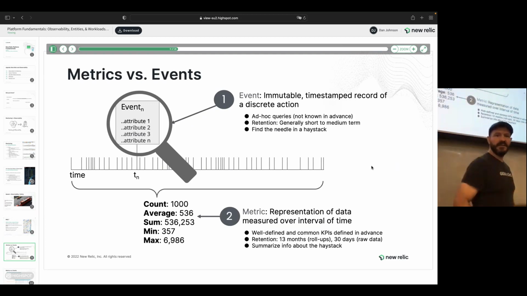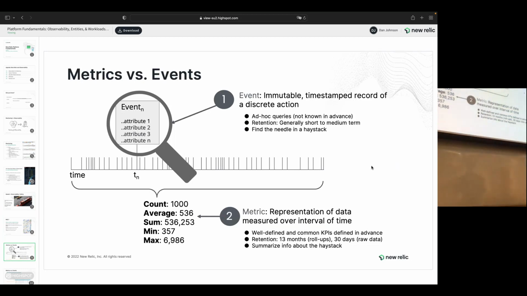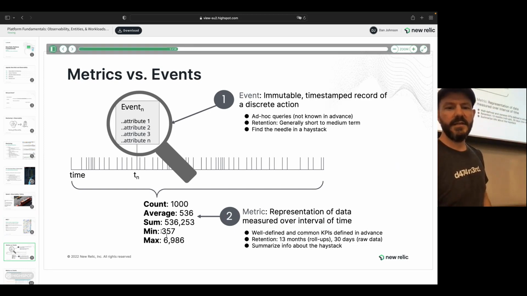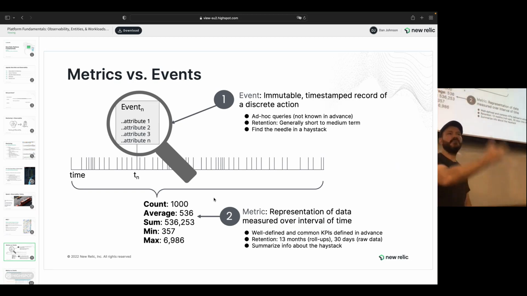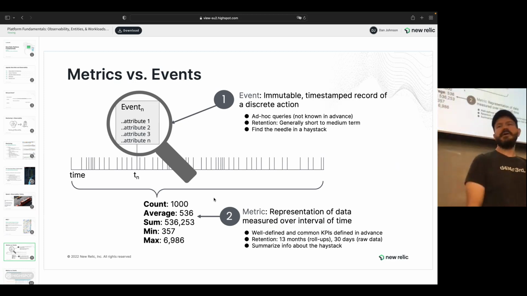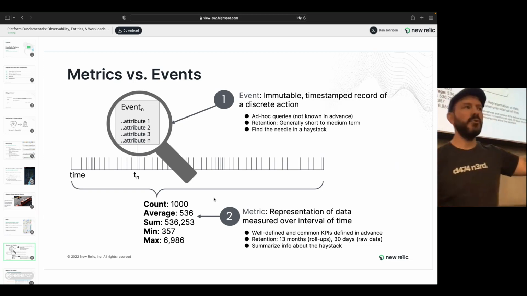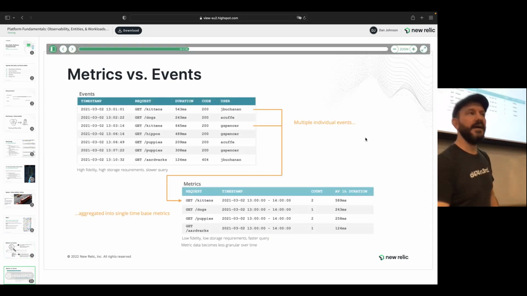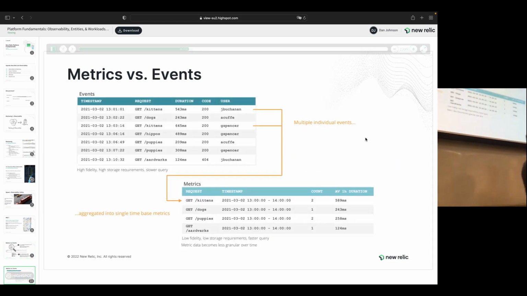Just a couple of little examples here between metrics versus events. Some real examples where, at the bottom, you can see these are all metrics. You take raw events from your telemetry and you ask specific questions like what's the maximum number, what's the minimum, sum them all up, give me an average. You're ending up with a metric value at the end. If you're going to look at the actual data that comes in,